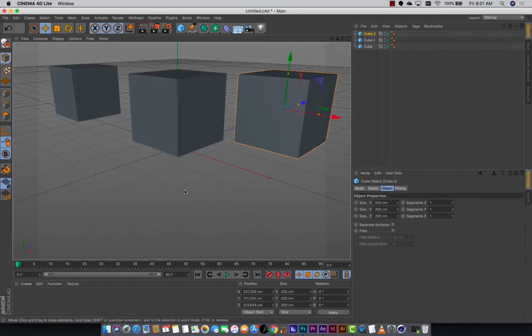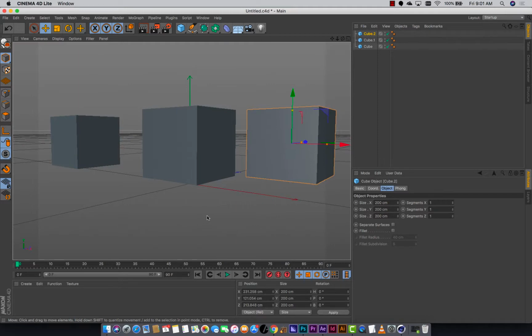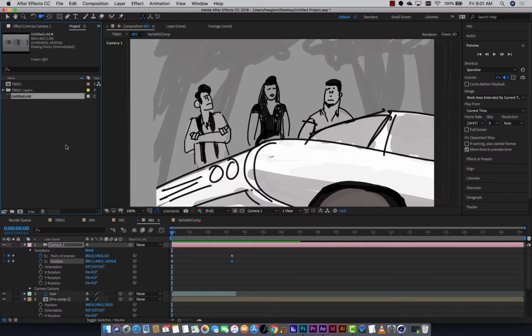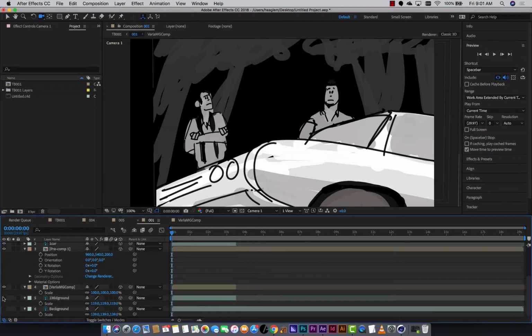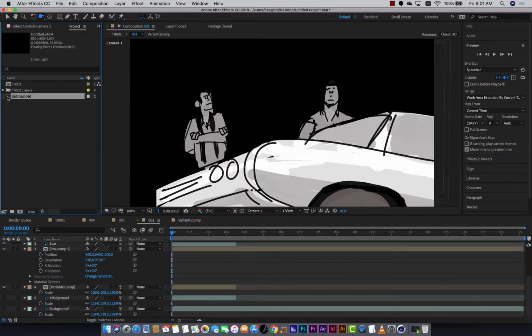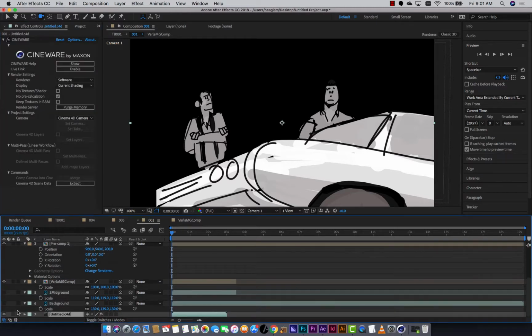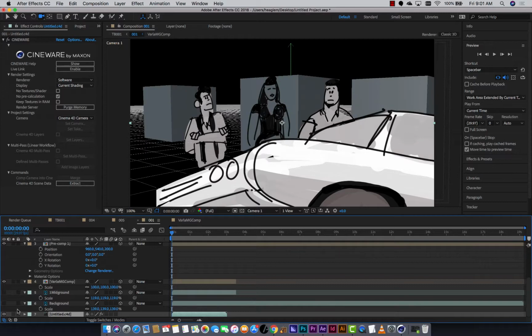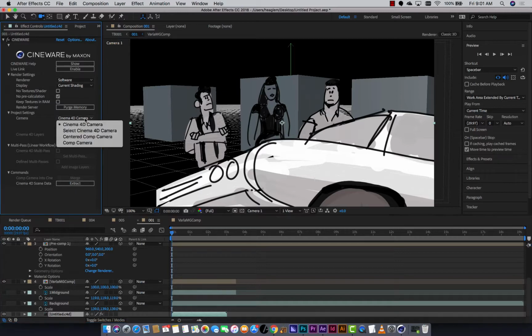If you know more about modeling and want to do more complex things, or maybe model somewhere else and import those models, we can do that. But what we then have in After Effects is that becomes a file. So if we, for example, wanted to say, well, let's put those guys in the 3D world, just drop that in as a layer, and there it is. You can animate the camera in both so that they'll move together. It's a little bit more complicated. This is obviously fine for an animatic, but you have the ability to show the final version of it too,